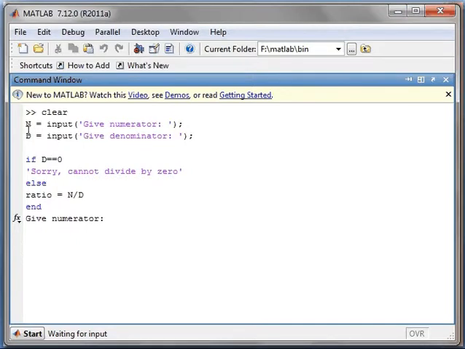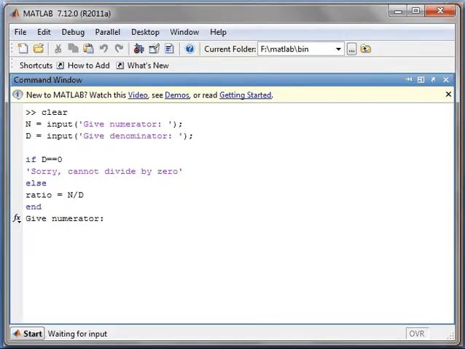I have given a variable for the numerator input, n equal to input, give numerator. d equal to input, give denominator. I have used a semicolon so that after completing the whole program it asks for the numerator and denominator.